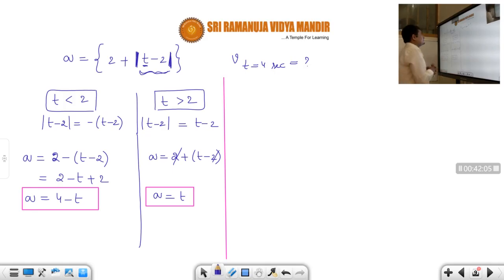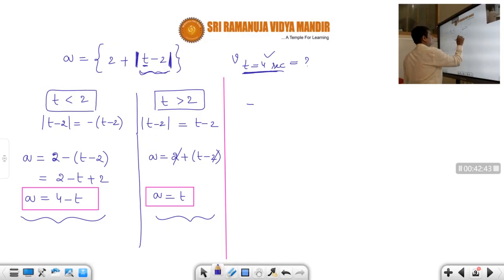Okay. Now we have to see what you call at t equal to 4 seconds. At t equal to 4 seconds, we need to calculate what, students? Velocity. So for finding out velocity at t equal to 4 seconds, what you have to do is until 2 seconds, the equation for acceleration is this one, and after 2 seconds, the equation for acceleration is this one. So therefore, this problem has to be divided into two parts. Okay, students, this problem has to be divided into two parts. Okay, one is less than 2, another is greater than 2. And they are asking at 4 seconds means greater than 2, students.